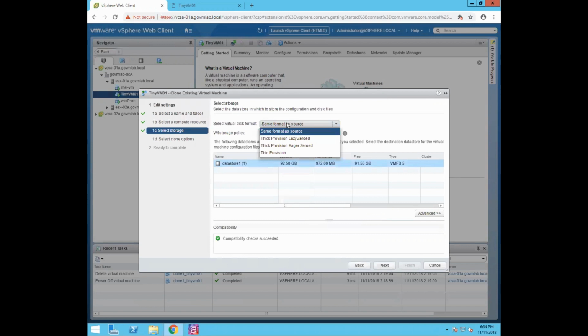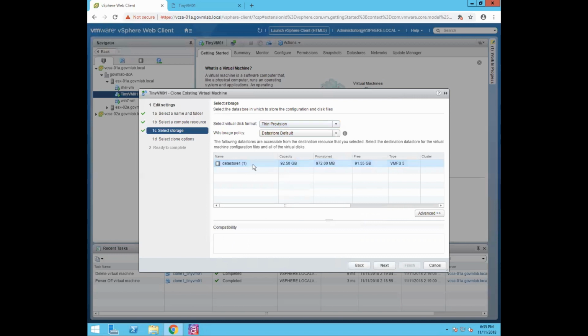In this particular wizard, it is asking us what should be the disk provisioning type of your target or clone VM. It can be created with the same disk format as your source VM was configured with, or you have a provision of changing the disk provisioning type. For example, your source VM is configured with thick provisioning eager zeroed, but you want your clone VM to be provisioned with thin provisioning. That's where you can go and make the required changes. So I have selected the virtual disk format as thin provision for my target or clone VM.